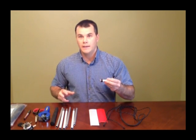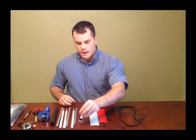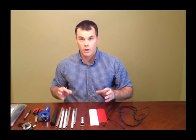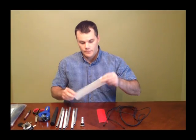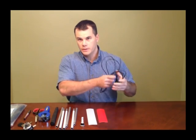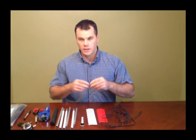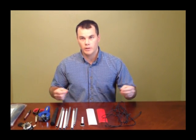When you order your cane kit, you can choose the different types of tips that you would prefer to get. I prefer to use a metal glide tip, and they're relatively cheap, around $3. You also get the reflective tape, and you also get the cord. And the cord is about 11 feet approximately, and that'll make more sense when I put it together. I'll show you. It's going to be doubled up and threaded through twice to increase the durability and the elasticity